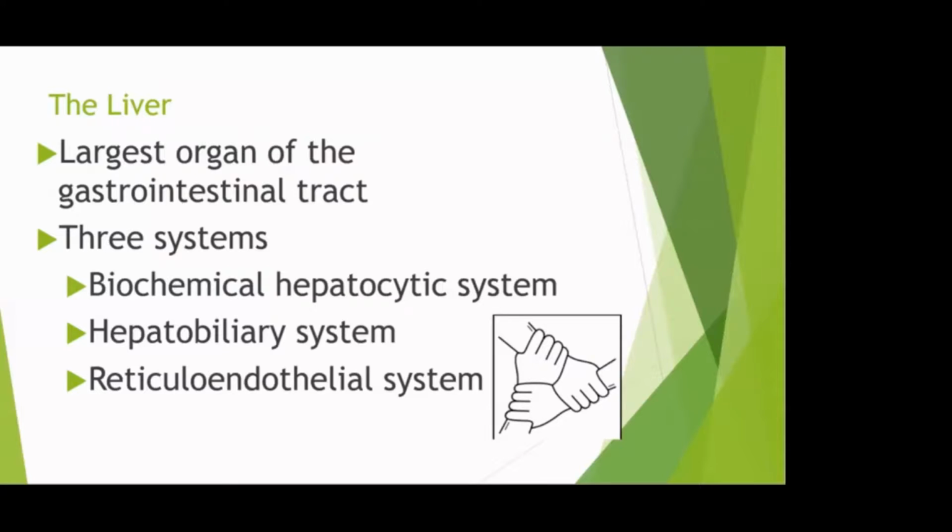The biochemical hepatocytic system is responsible for protein synthesis, aerobic and anaerobic metabolism of glucose and other sugars, glycogen synthesis, and breakdown of drugs, usually involving the cytochrome P450 oxidation system, as well as storage of iron and vitamins such as vitamin A, D, and B12, and synthesis of hormones such as angiotensin, insulin growth factor 1, and